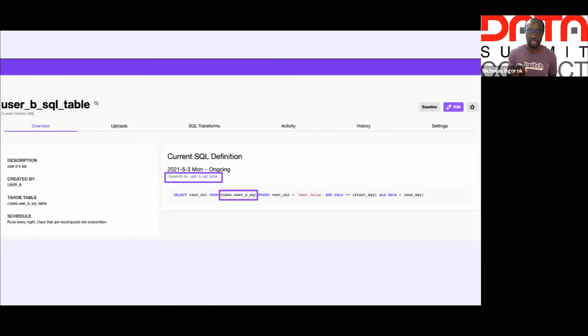And as you can see, the dependency is in the SQL that's written, and Sheik is able to determine this is a dependency to another cube that was created in the system and keep track of them and ensure that for whatever day we would like to run, whether it's a backfill or a daily schedule of user B SQL table, user A SQL table for that day must have run first before user B,